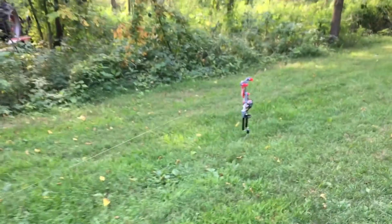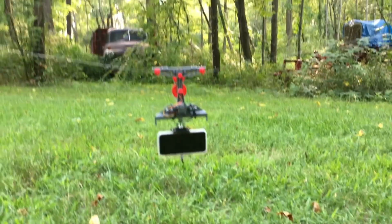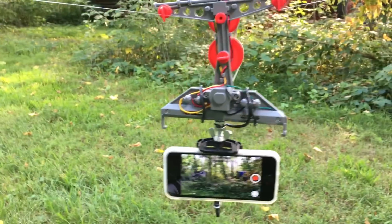Oh, wait, I haven't put a phone on it yet. It doesn't have a phone on it. Whew. That's how low it is. Which I think could still be kind of cool. Wait, why is it moving? I'm running video and you can see it's wobbling a little bit,